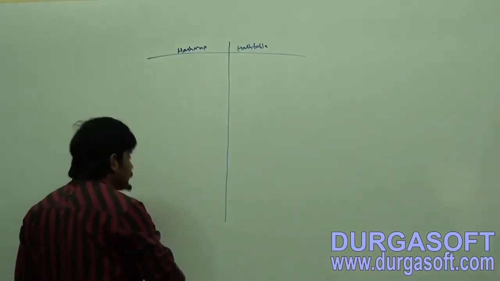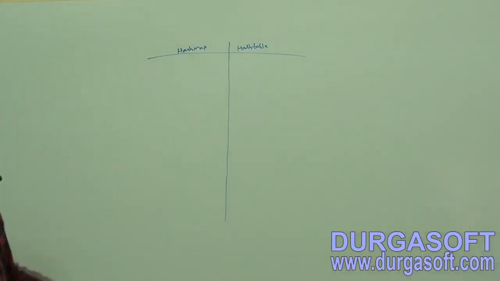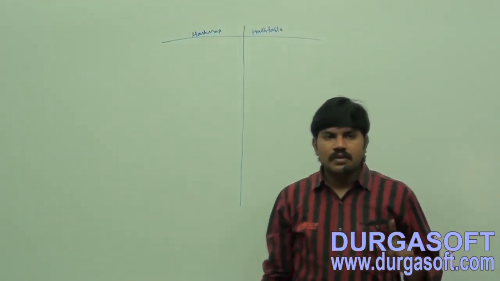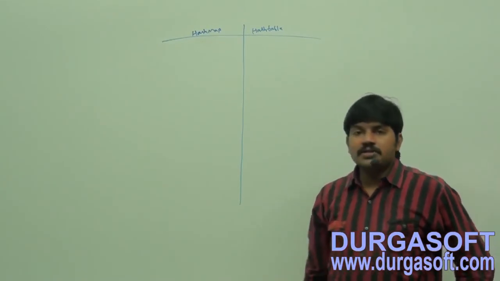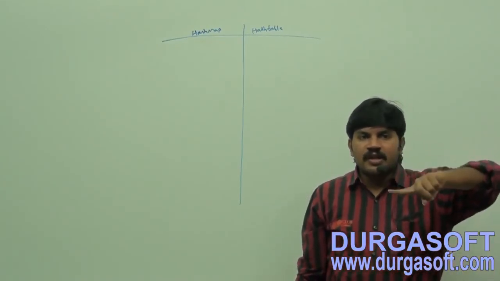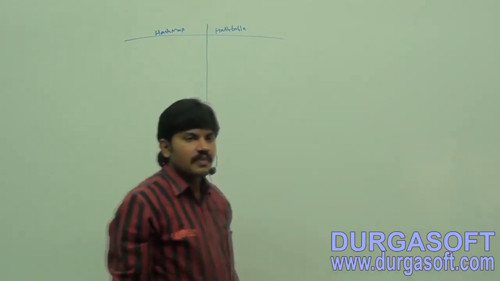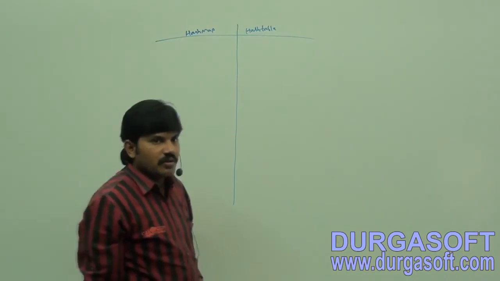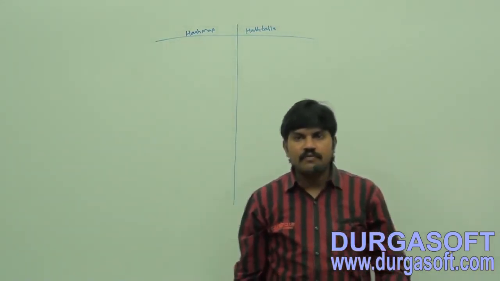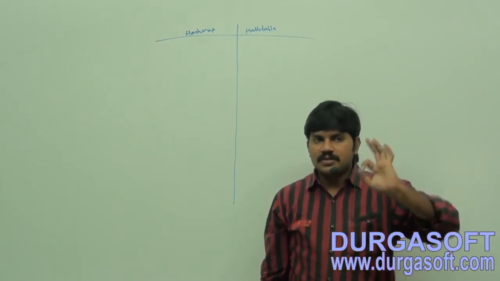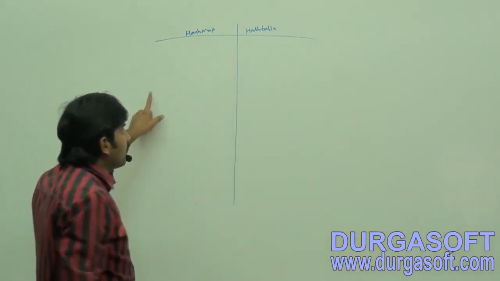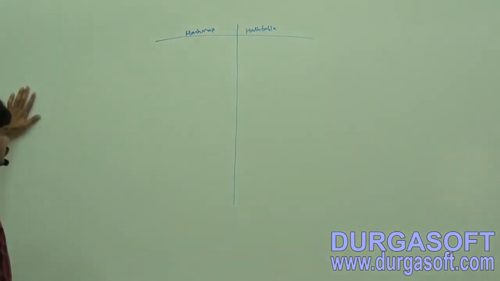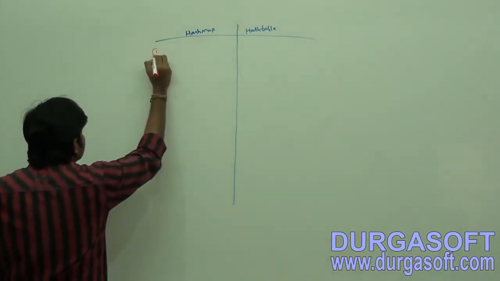Sir, the first point you people should be aware of. In the last class we covered, have you remembered, in the case of ArrayList and Vector, what is the difference between ArrayList and Vector? ArrayList is non-synchronized, Vector is synchronized. ArrayList is not thread safe, Vector is thread safe. The same differences are there between HashMap and Hashtable. Now observe.